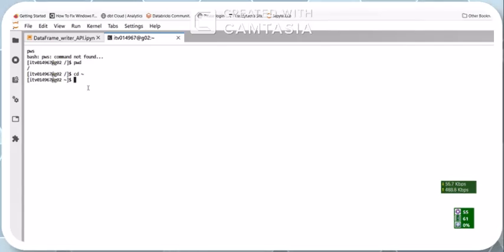Look here. These are the Linux commands. The very first command you must know about the Linux command is pwd. This is present working directory. Pwd means present working directory, and this tells us in which directory we are currently. When I press enter, I would see this /home